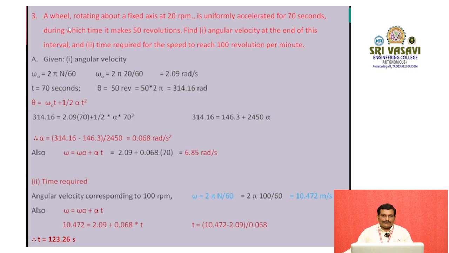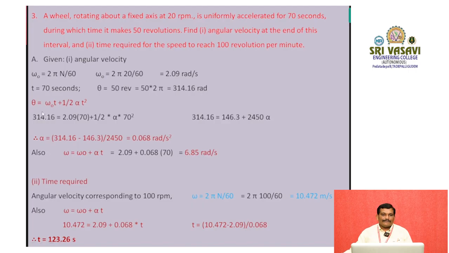And next problem. A wheel rotating about a fixed axis at 20 rpm is uniformly accelerated for 70 seconds, during which time it makes 50 revolutions. Here the wheel is rotating at a speed of 20 rpm, that is n is equal to 20, and is uniformly accelerated for 70 seconds, t is equal to 70 seconds. During which time it makes 50 revolutions, then theta is equal to 50 revolutions. It is converted into radians, then 50 into 2 pi,